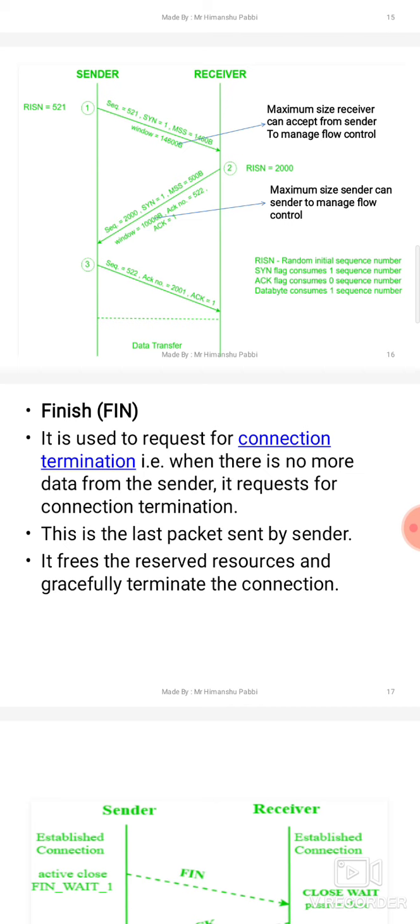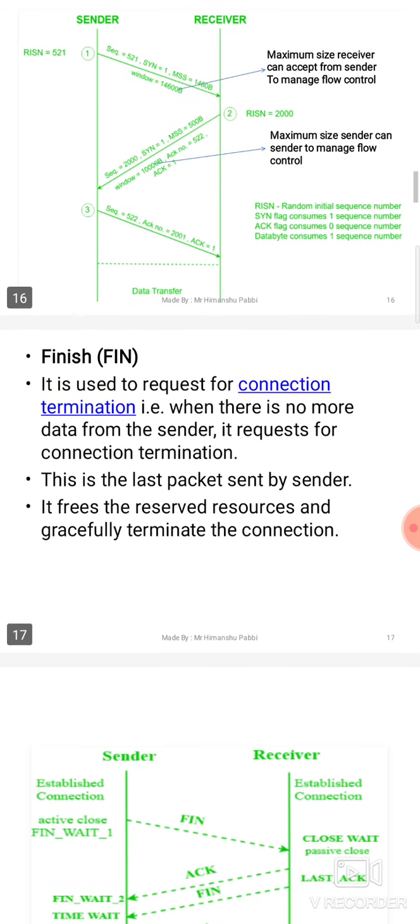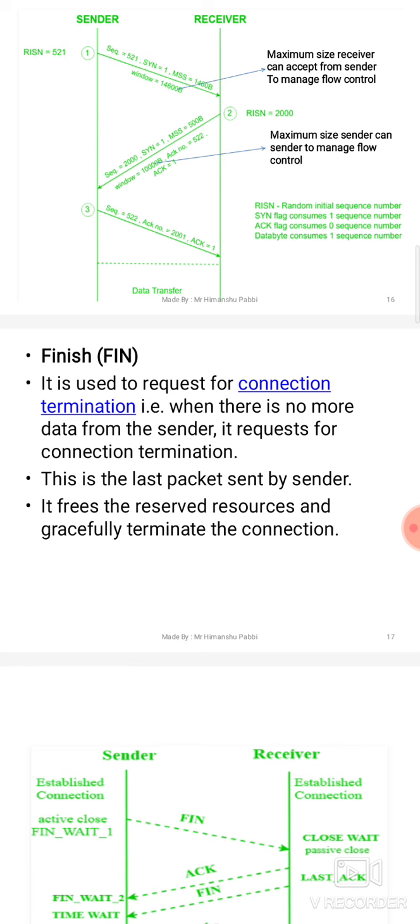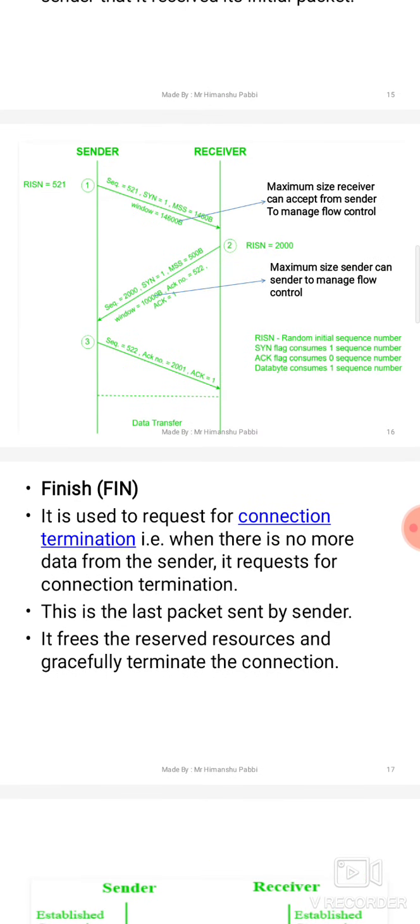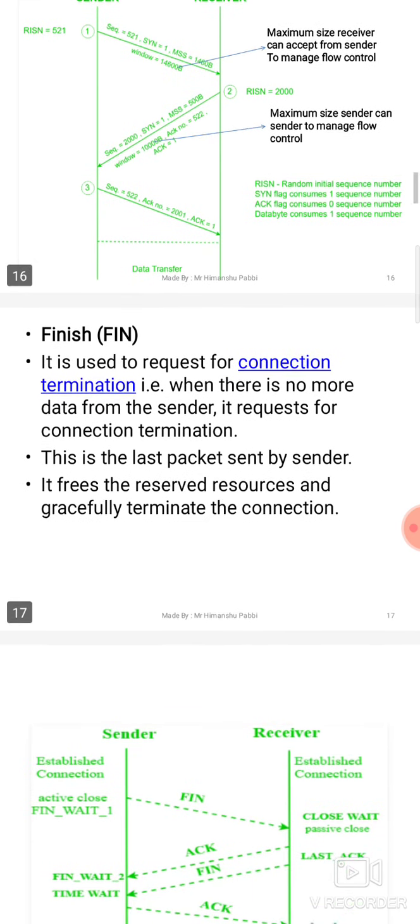Whenever the sender feels it has sent all the data, it sends a request to terminate the connection, and the last chunk of data can be sent in this packet. So the FIN flag is set to 1 whenever the connection is terminated.